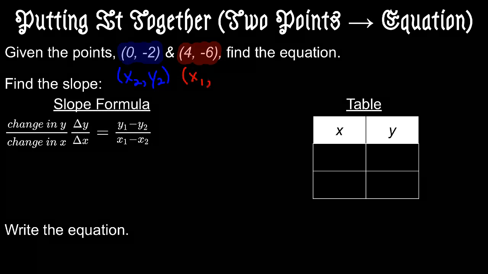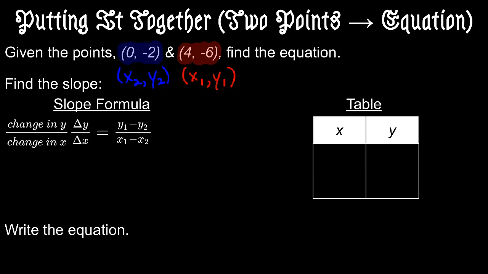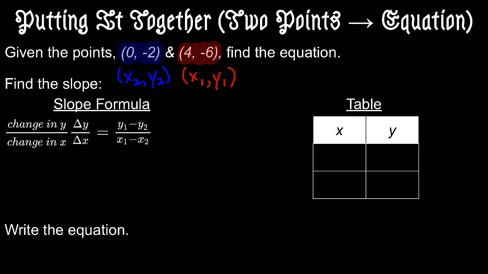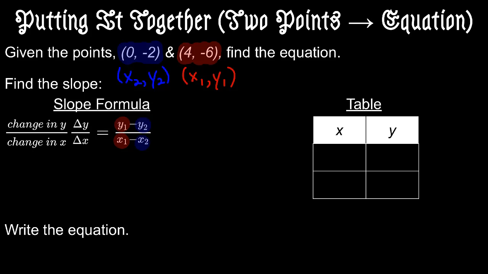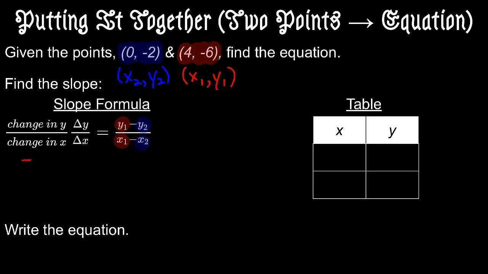That'll make this x1, y1. So let's see, our x1 and y1 and our x2 and y2. All right. So we're going to do y1 is negative 6 over,